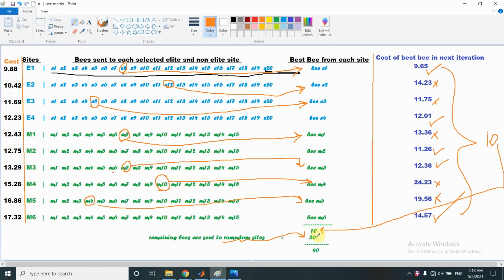So among these 30 bees sent to the random locations, let's say that they find sites which may be better than these 10 selected sites. So in the next iteration, let's say that the best bee